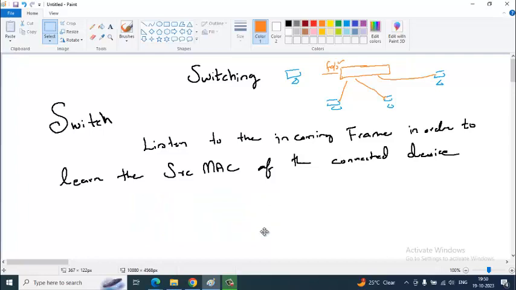Now, what is the difference between Ethernet and FastEthernet? F is FastEthernet. E is Ethernet. FastEthernet is 100 meg speed. Ethernet is 10 meg speed.